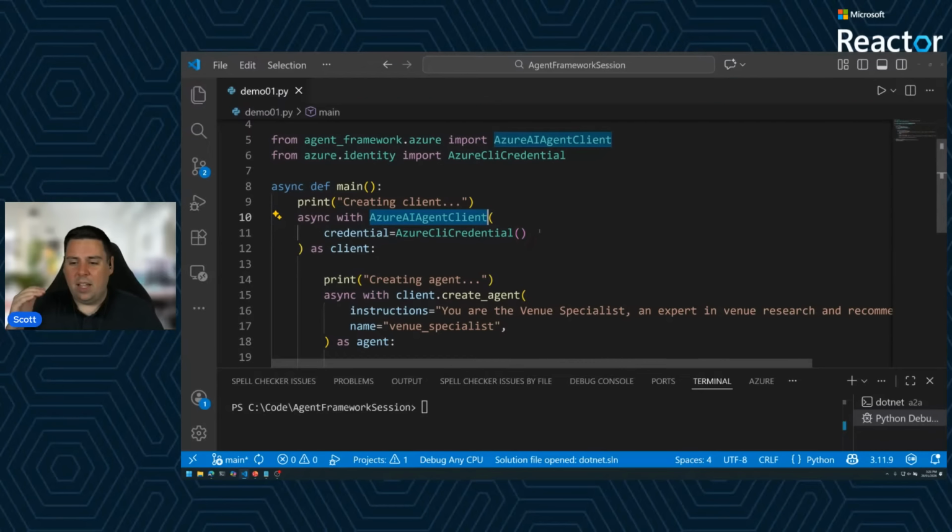But let's run through what a flow looks like to actually create an agent and let it run, and talk about the differences between this versus just using an LLM from scratch. The first thing to note here is we use an agent client. This is our structure for actually spinning up the backing resources that might be required. This is where we might have a connection to a large language model. This is where we may call across and create something in AI Foundry as an agent, for example.